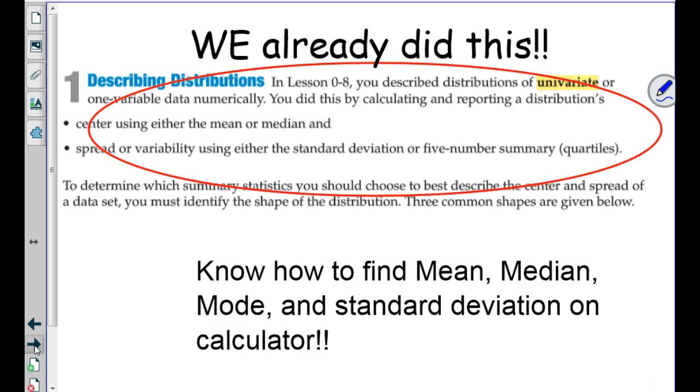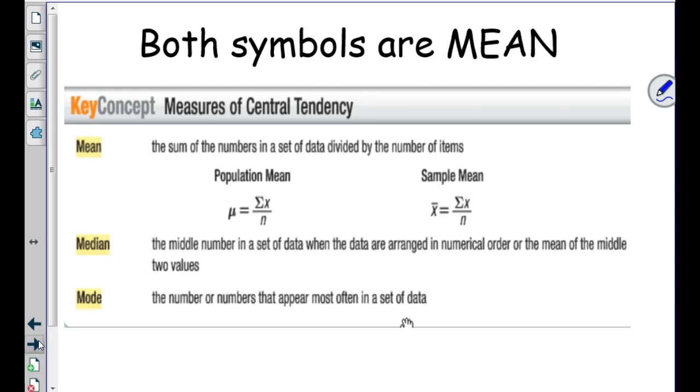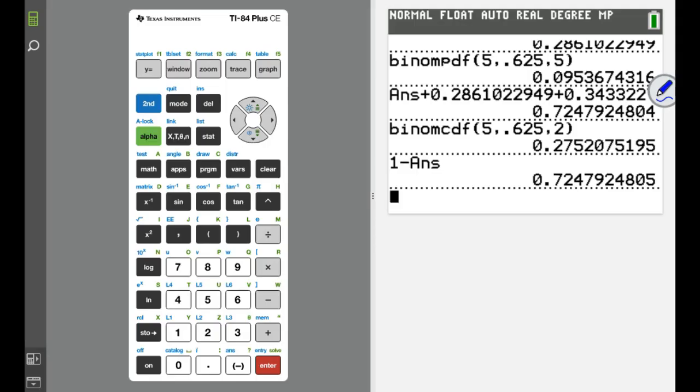And now I'm moving on to the next page, I think, or is he at the other side? Next page. Okay, the next page actually is going to talk about probability distributions, and when we did this last year, we did it in different order, so we had to go back over like what's a mean, median, mode, and standard deviation. Does everybody remember how to find those on your calculator? If you put a list of numbers in, okay? If you put a list of numbers in your calculator